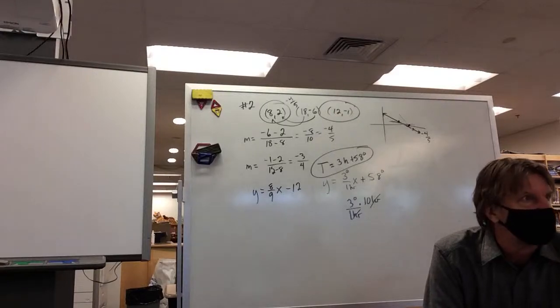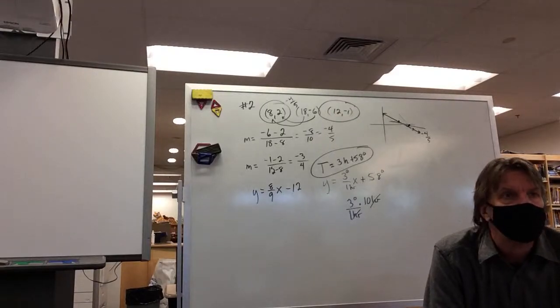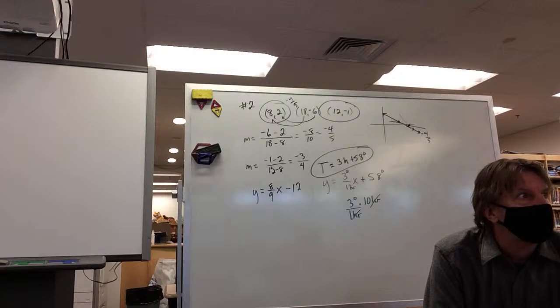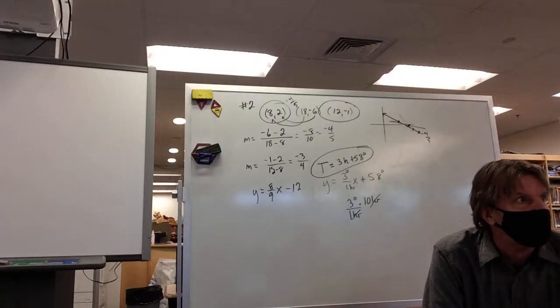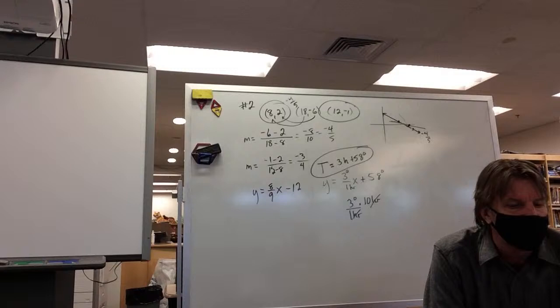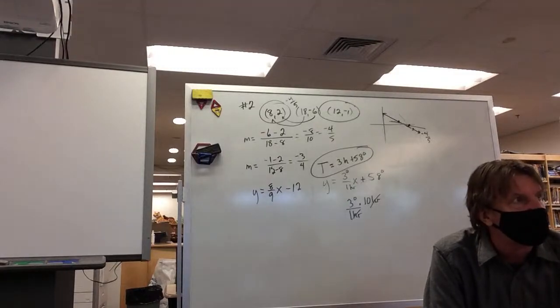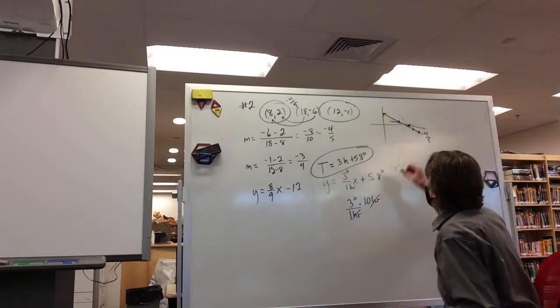How about number 5? Somebody did number 5. Do you have it? Undefined. Yeah, describe the slope of every vertical line. It's undefined, yes. Yeah, it's undefined because